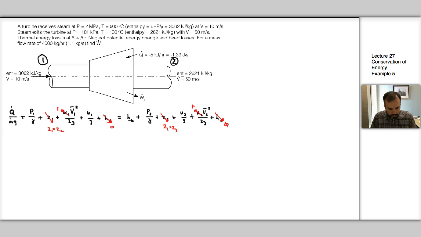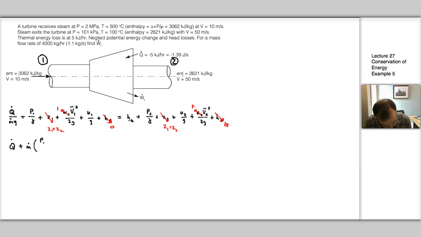The next thing we want to do is multiply through by M dot G. The reason I'm going to do that is because we're given this term enthalpy as a combined U plus P over rho, sorry. By multiplying through by M dot G, I'm going to be able to rearrange some terms to get that into a form of a quantity we know. Okay, so let's do that. I'm going to rewrite this equation. After multiplying through the entire equation by M dot G, I'm going to get Q dot plus M dot times